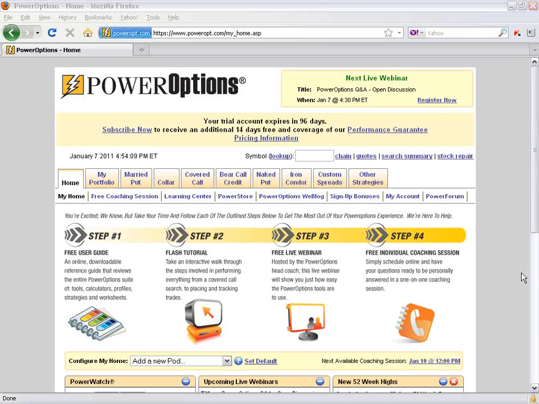I started doing covered calls and naked puts. That's what Ernie was doing. That's what he had been trading for the past 20 years, and that's what he originally taught me. And after I had a few losses within the first 4 or 5 months, I even got burned with stop losses. I started playing around with standard collars, and I was actually much more comfortable with standard collars. And as I got more comfortable with those after trading them for about 4 or 5 months, and now I'm about 9 months in, having worked for Power Options for about 9 months,